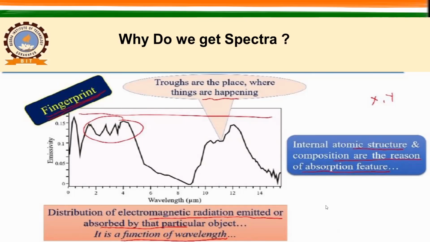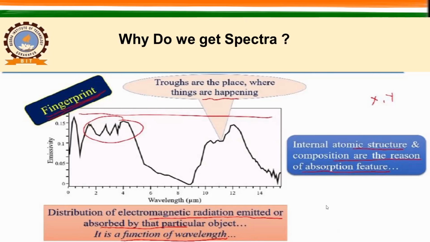So here also, if you have X and Y material, they are having different absorption features located in different wavelength regions, right? So if you want to identify them, you use those particular absorption features at these particular wavelength regions, then you can definitely identify in which material X is present, in which material Y is present, right?